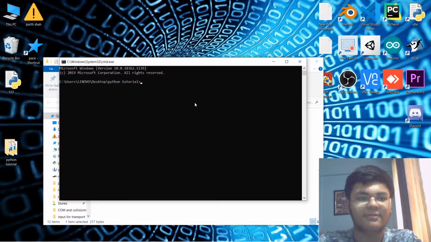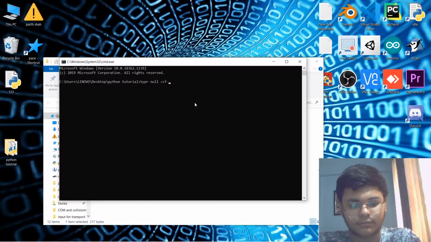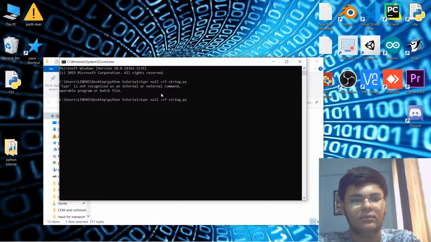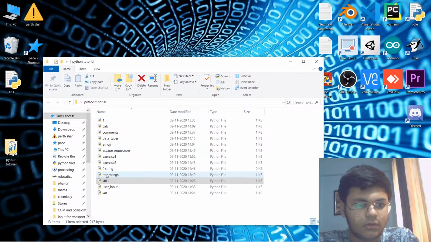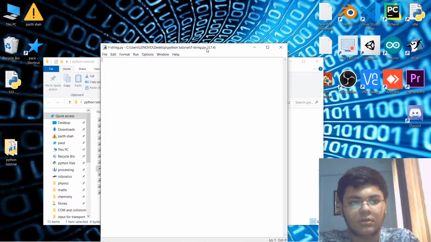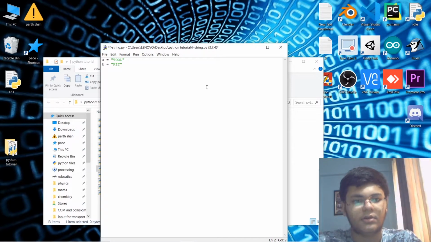Okay, so let's continue with the f strings. I don't need to tell you what I'm doing, you know. So where's the f string? It's basically nothing a big deal. So if I'll say a is equal to tool, b is equal to kit. Now if I want to print